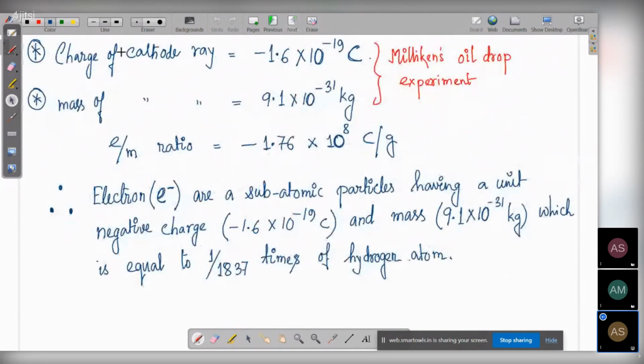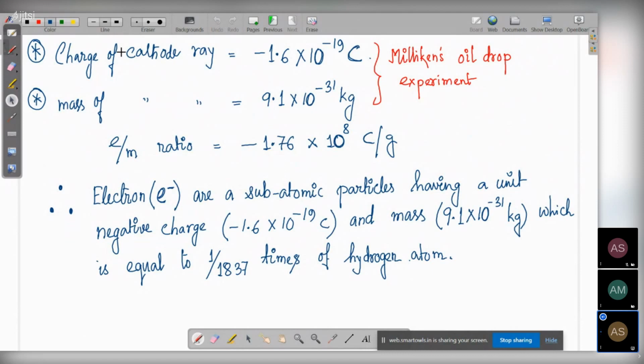So this is how the cathode rays came. So now we got that something negatively charged is present inside the atom. So now the myth that atom cannot be divided into smaller parts slowly started breaking. It started with this Thomson experiment when he discovered that the atoms can be broken into smaller particles, and one of these smaller particles is actually negatively charged.